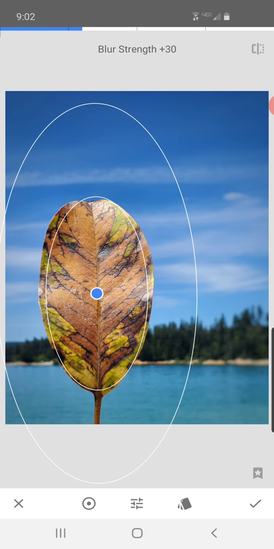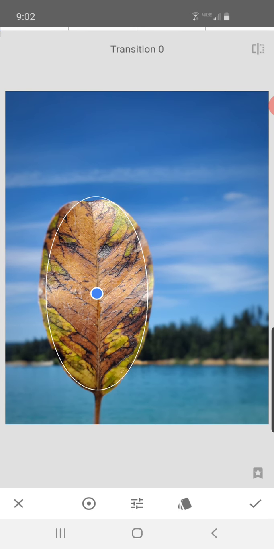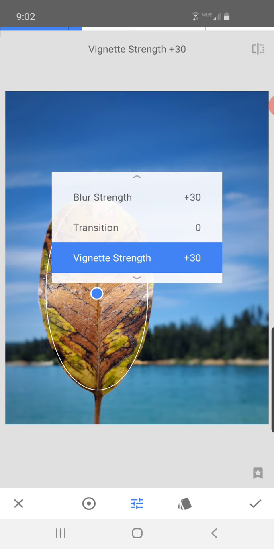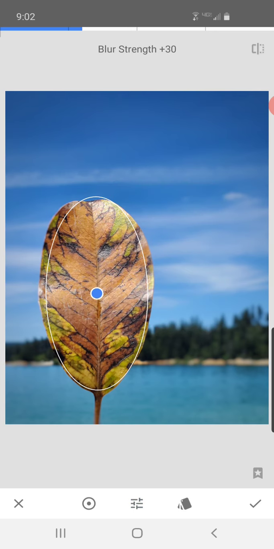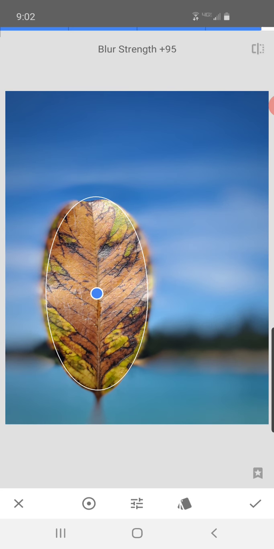And then remember, when you swipe up, you can go to other options here. I'm going to lessen that transition strength. And then I'm going to go up to the blur strength again. And when I slide my finger to the right, I'm blurring everything except the part that I have selected there,